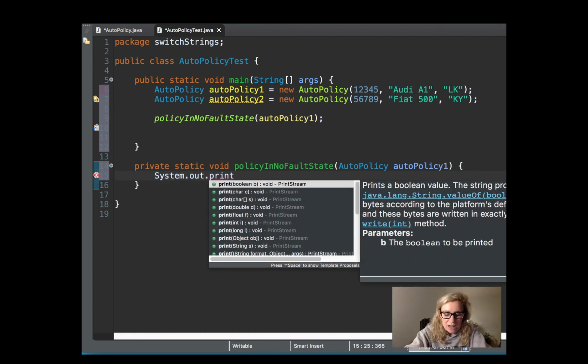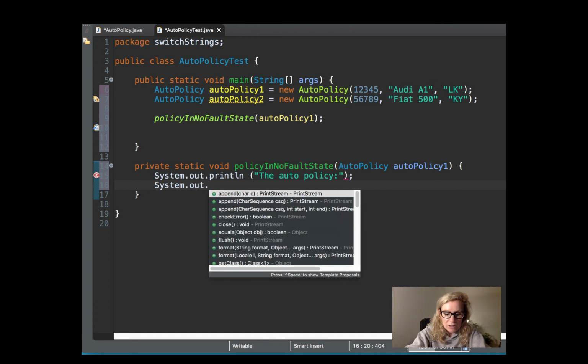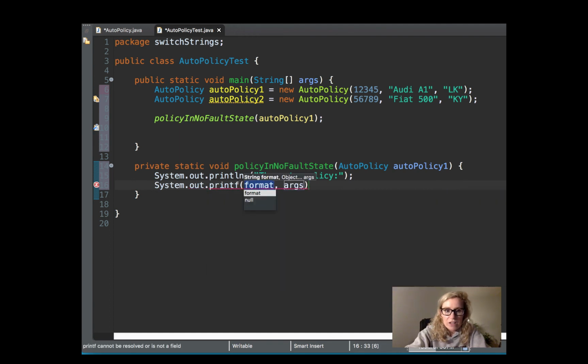system.out.println and let's say the auto policy, and that's going to be 1 line, and then we say system.out.printf. Format obviously is going to be the same, so we're going to say account